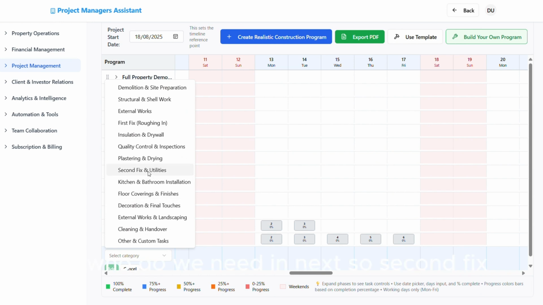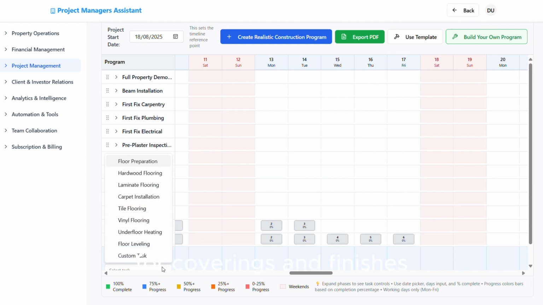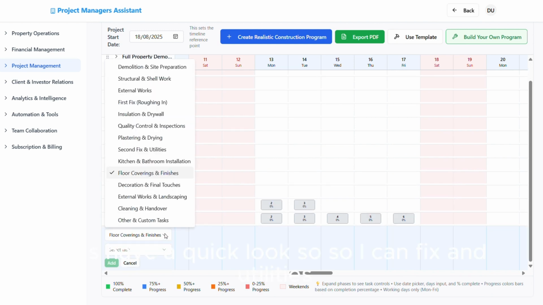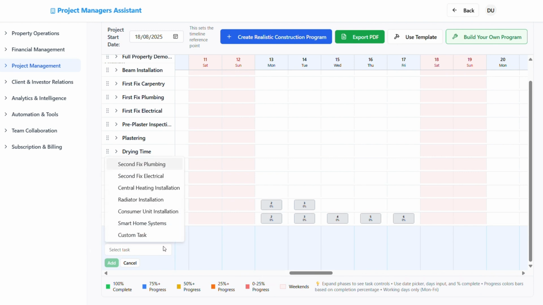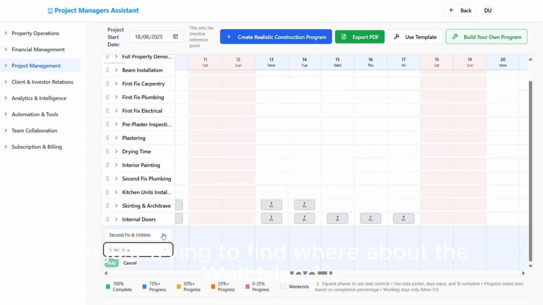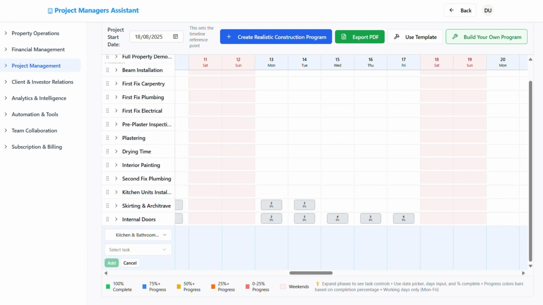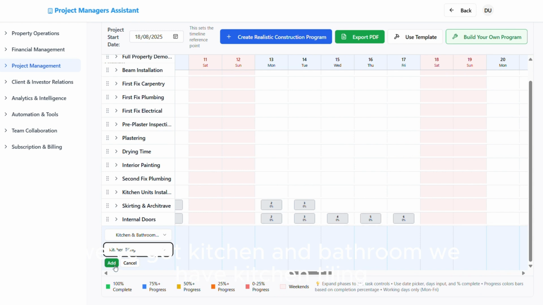So who do we need in next? So second fix, floor coverings and finishes. No, let's have a quick look. So second fix and utilities. I'm just trying to find whereabouts the wall tiling is. We've got kitchen and bathroom. We have kitchen tiling